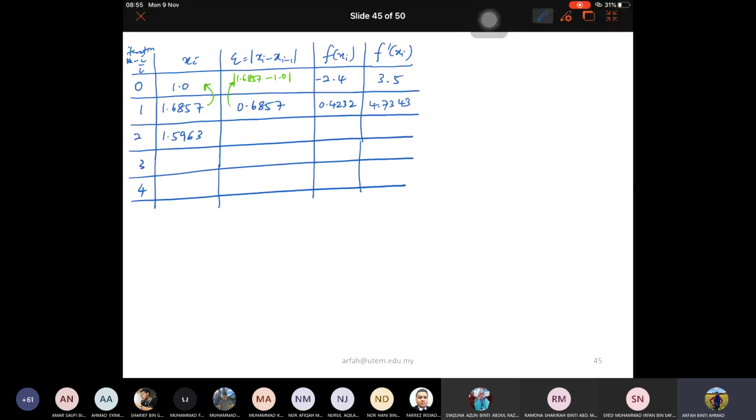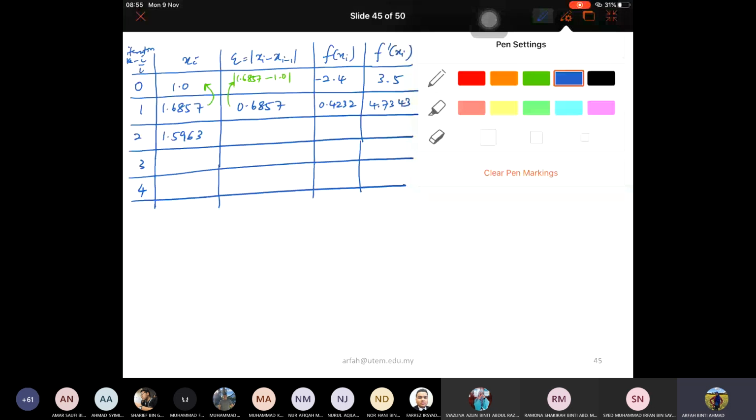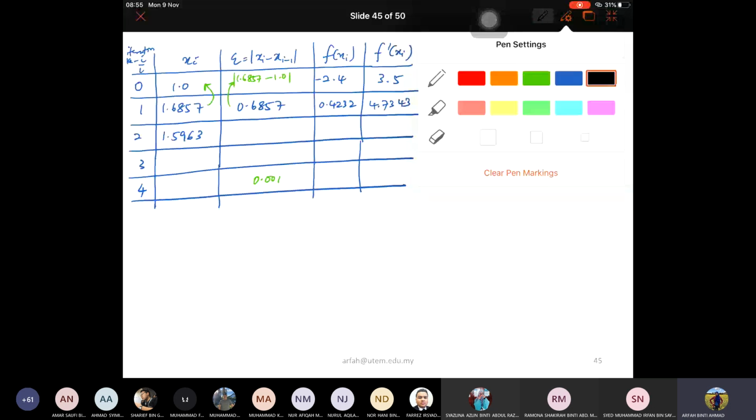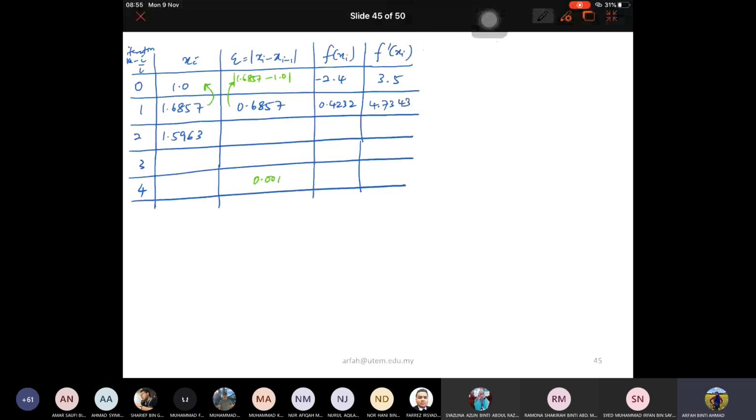Dia nak dekat error ni up until 0.001 baru boleh stop. So daripada sini kita ada dia punya formula xi plus 1 akan sama dengan xi minus fxi divided by f prime xi. Dan awak ada formula untuk